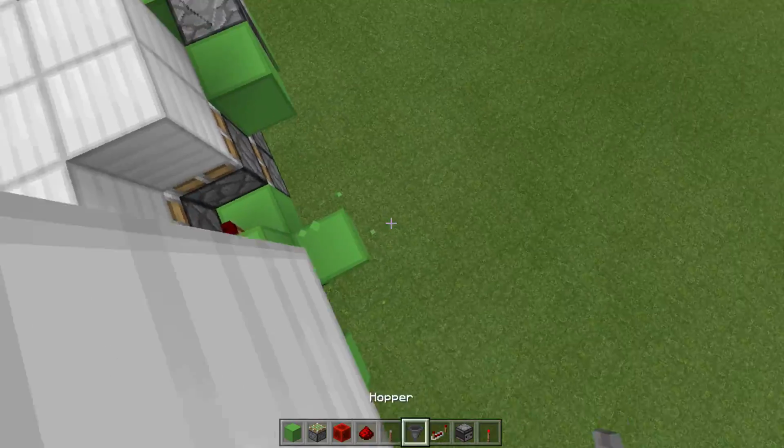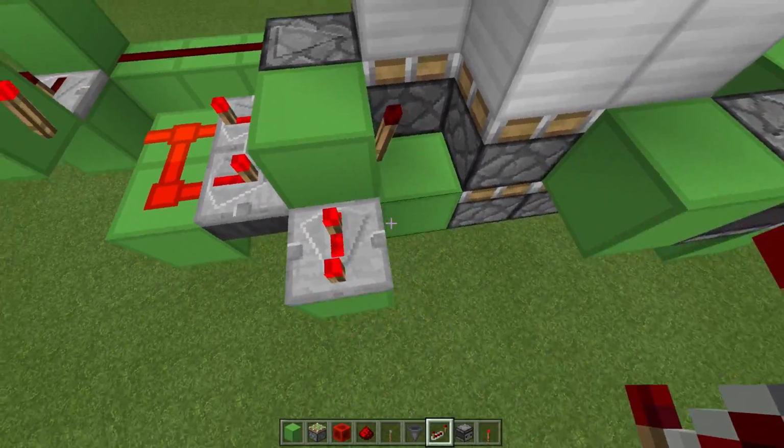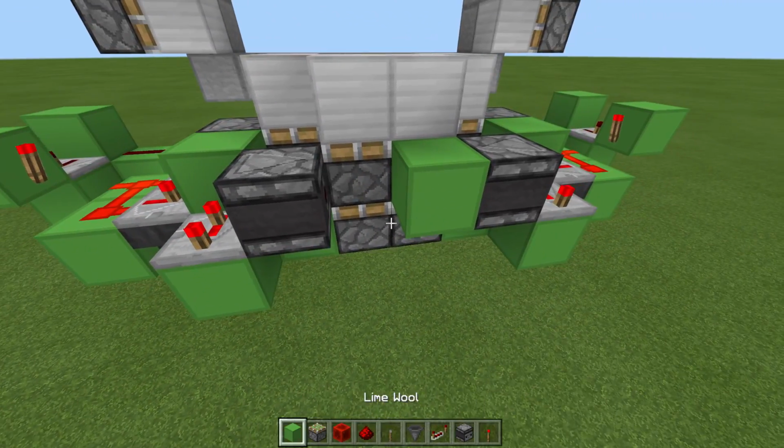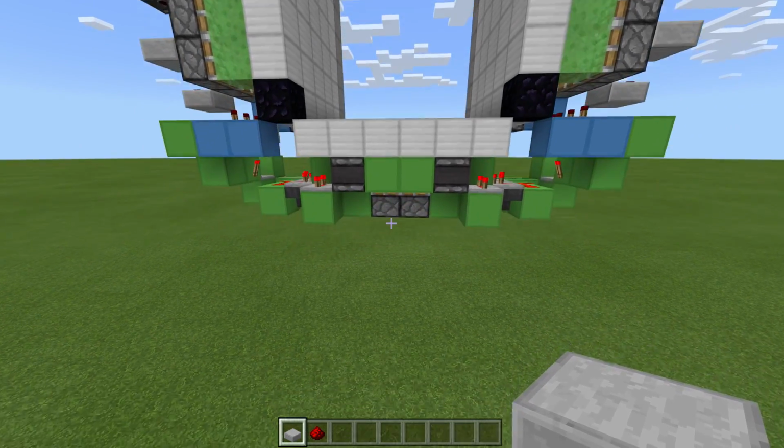Block next to that observer. Repeater on 3 ticks coming away from this block here. And lastly, an observer coming away from that repeater, and a block here. Sorry, just to interrupt myself for a second here, you can actually make this build slightly cheaper if you actually